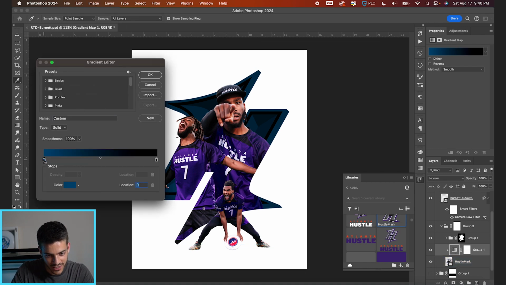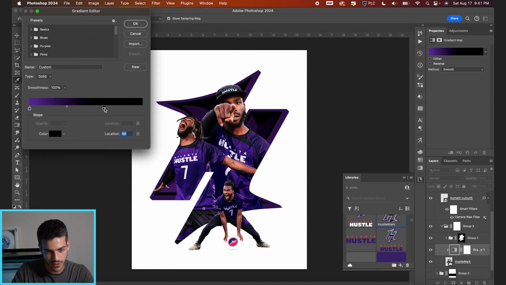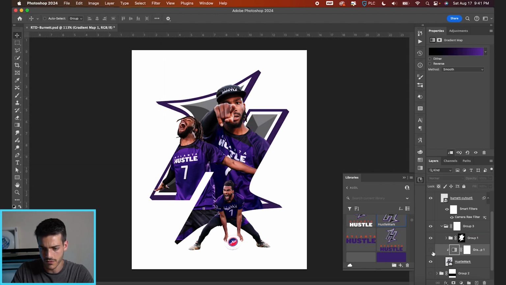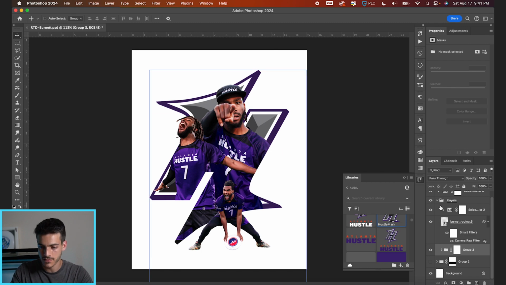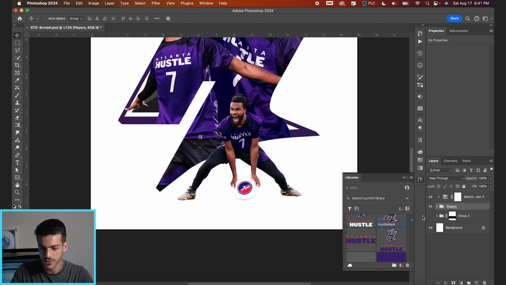Honestly, you could eyedropper the purple from the jersey, kind of have that deep purple tone running throughout. These are also inverted colors now because the black is on the wrong side, but yeah, it's sort of interesting. I don't mind it. I think it's an option, but maybe we leave it off for now. I do think the background should have something,